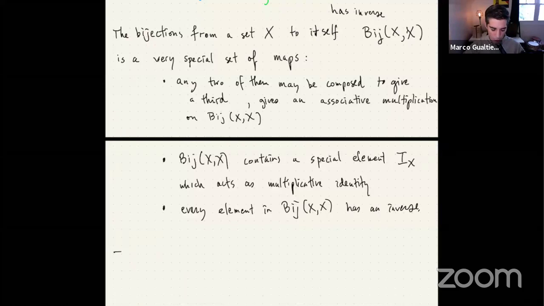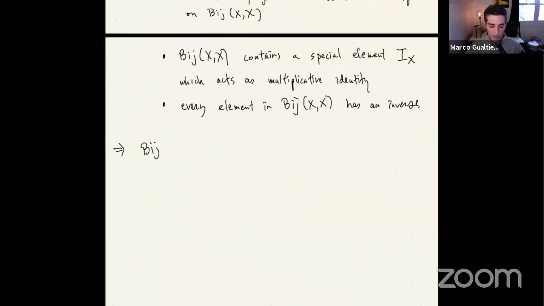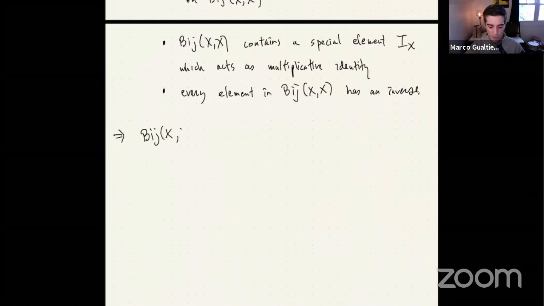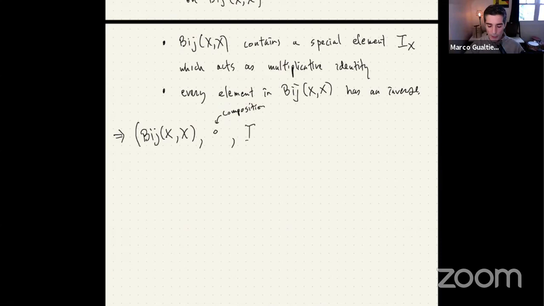Okay, this shows that if I consider the set of bijections from X to itself, and if I include the composition multiplication law, so composition, and if I include this identity element,